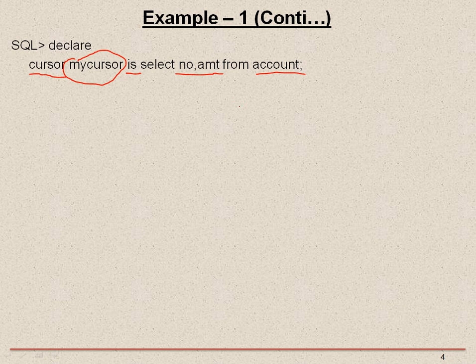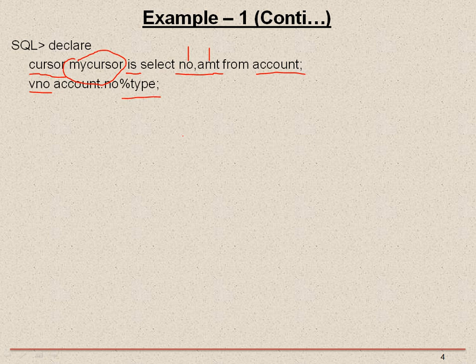Now next are the variables. We are fetching two values here, number and amount, so we have to declare two variables. The first is the variable for number, v number, and here I am creating a percentage type variable. So I don't have any confusion about which type of variable it is and what its size is, because it will be automatically taken from the account table based on the field name.